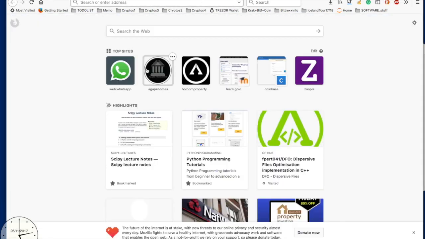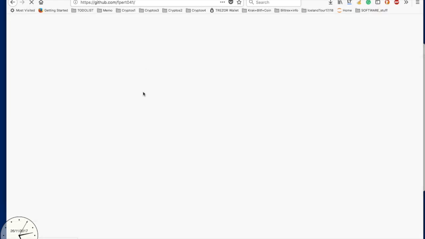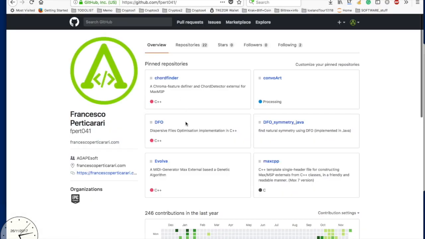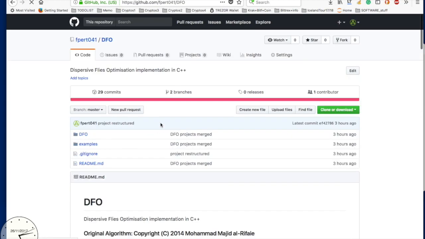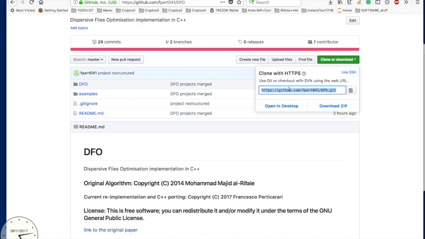Now to implement it, we're not going to implement the algorithm itself, we're going to implement the solution. The algorithm has already been implemented, I've done the hard work for you, so all you have to do is go to my GitHub, github.com/fpert041/DFO, and then you clone, copy this,